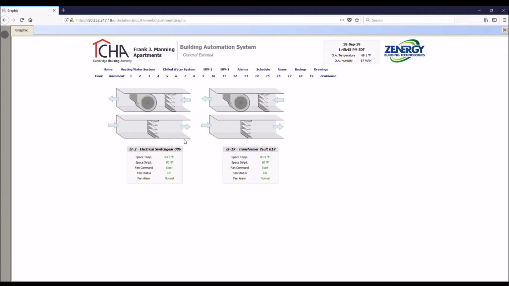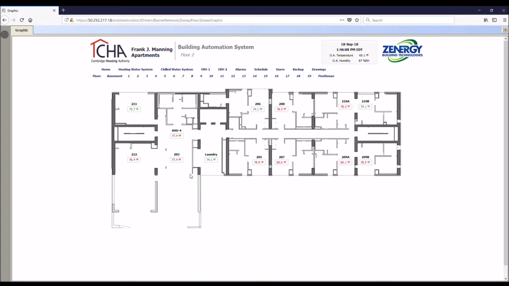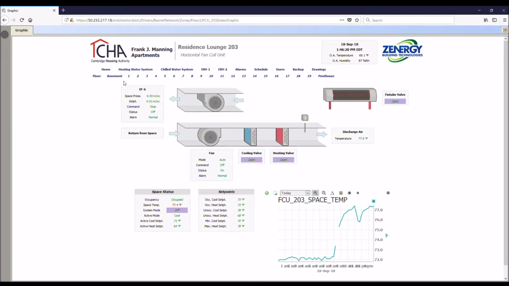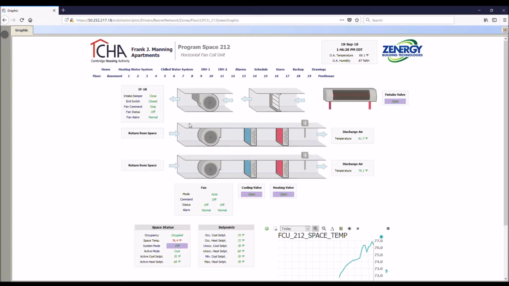We get that through the alarm system. The only 2 other exhaust fans tied in, well, there's the 2 for the ERVs, which are exhausting from the tenant apartments. And the only other 2 exhaust fans that have their fans with numbers associated with them are in these 2 rooms. So this is EF18 and EF6 has that space pressure control, and EF18 fan that serves this